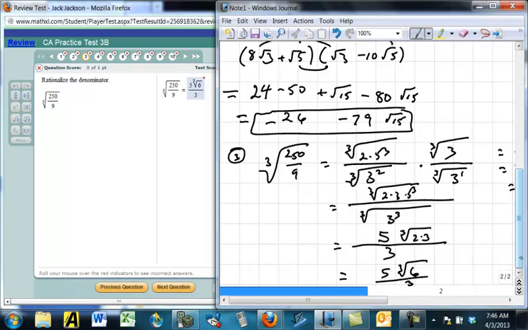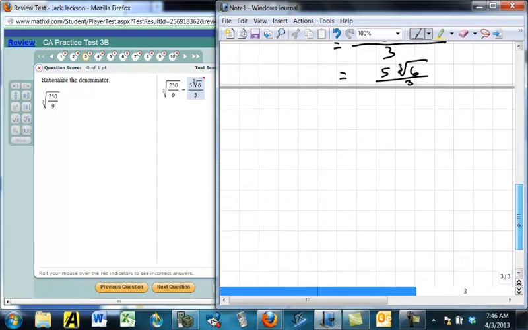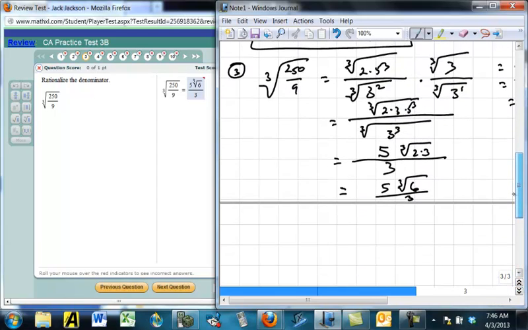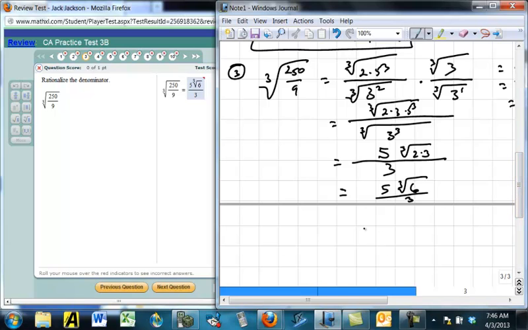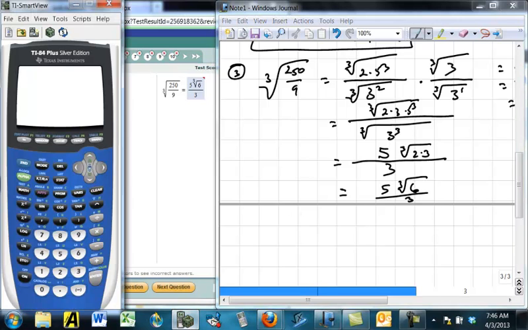And we have rationalized the denominator there. Okay, again, let's just check this on the calculator. On the calculator, you're going to need to check this with fraction powers. So we're going to do 250 divided by 9 to the power, parentheses, 1/3, and get a decimal for that. And then we'll do the decimal for what we have here. Parentheses around the numerator, 5 times 6 to the power 1/3,